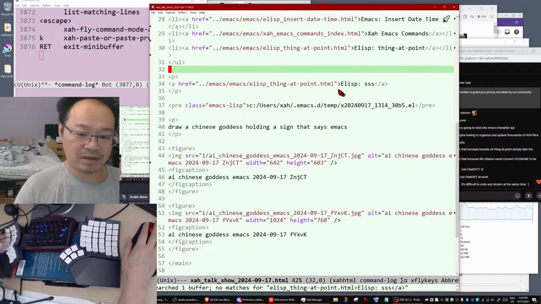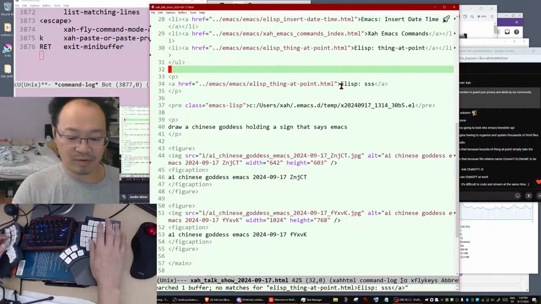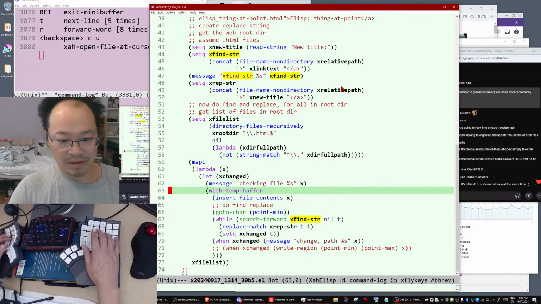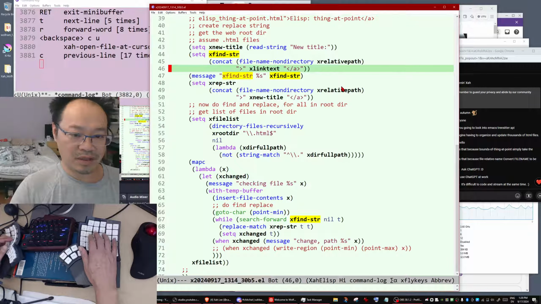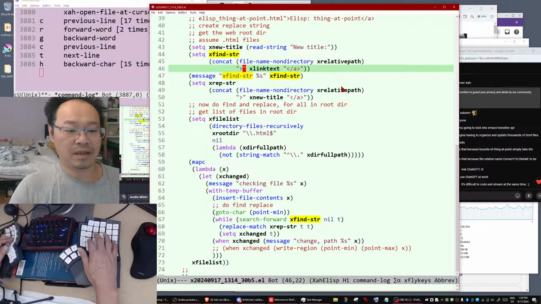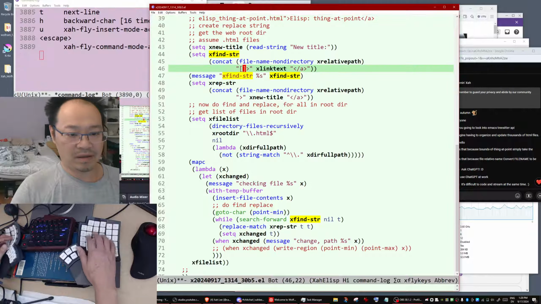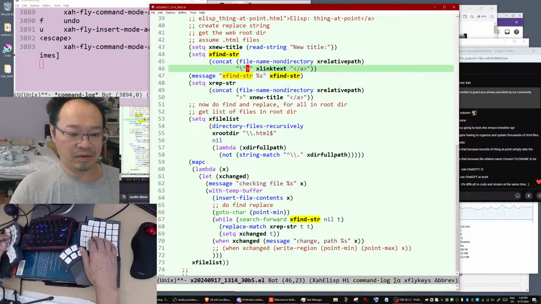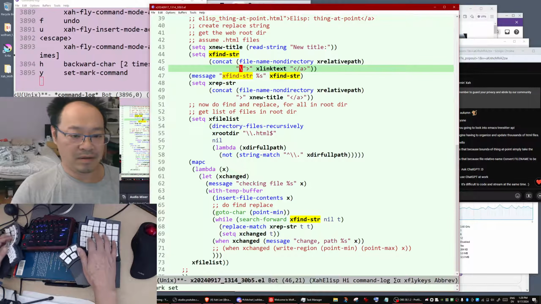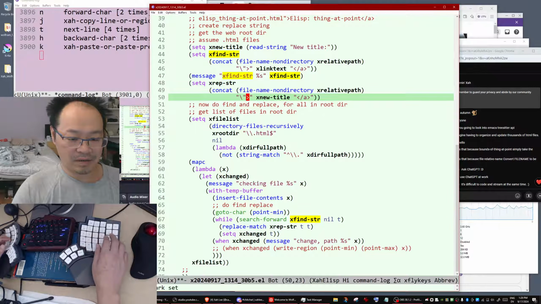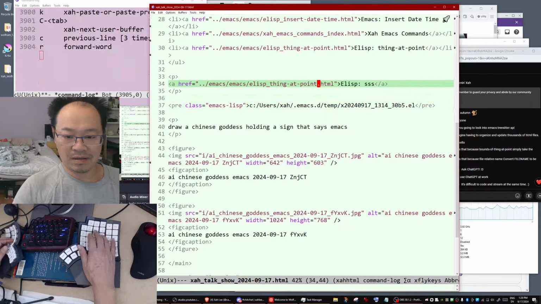Oh, we forgot this double quote. What the fucking shit? Our coding error. Okay, the find string needs to have a double quote here. Okay, so it needs to be that and quote. Okay, yeah. So it needs to have that, and same thing for the replace string. You see, because that's this double quote.